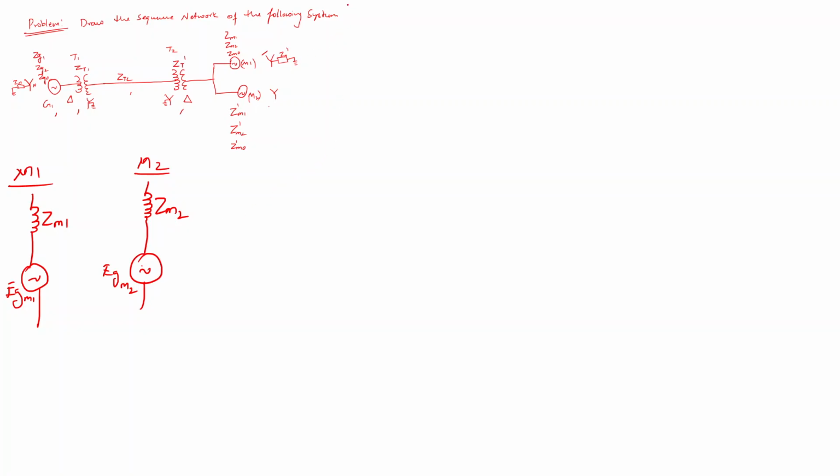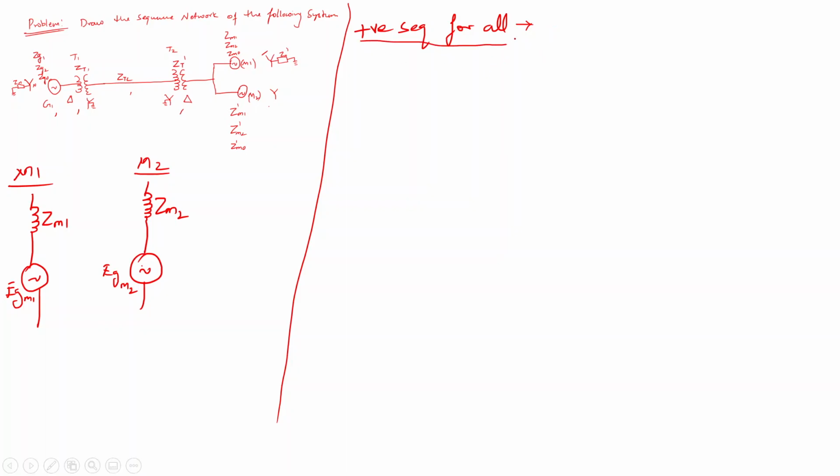Like, so I'll draw here the positive sequence for all network. Here we need to be very careful whether the switch concept we need to apply here for the positive. Anyone please tell me yes or no? The switching concept for positive sequence is needed or not for transformer? No. Where it is needed? Zero sequence. Very good. Only for the zero sequence we need to apply that switching concept. Otherwise directly we can draw whatever we have drawn for the individual components.